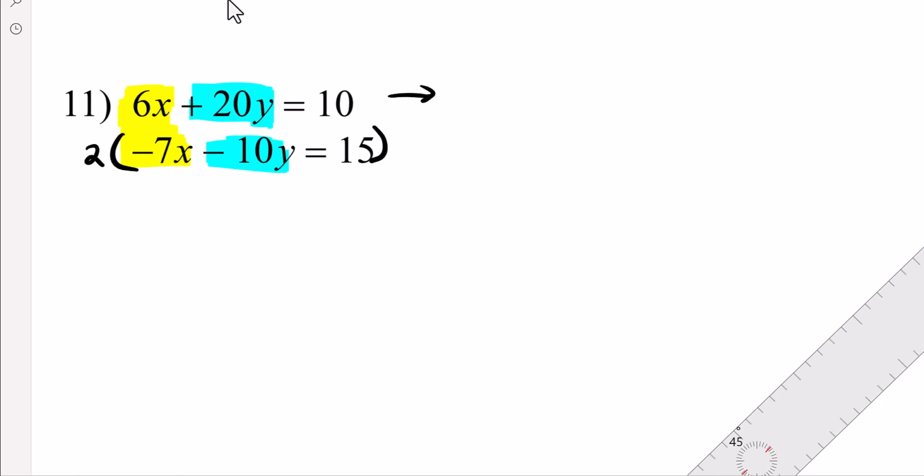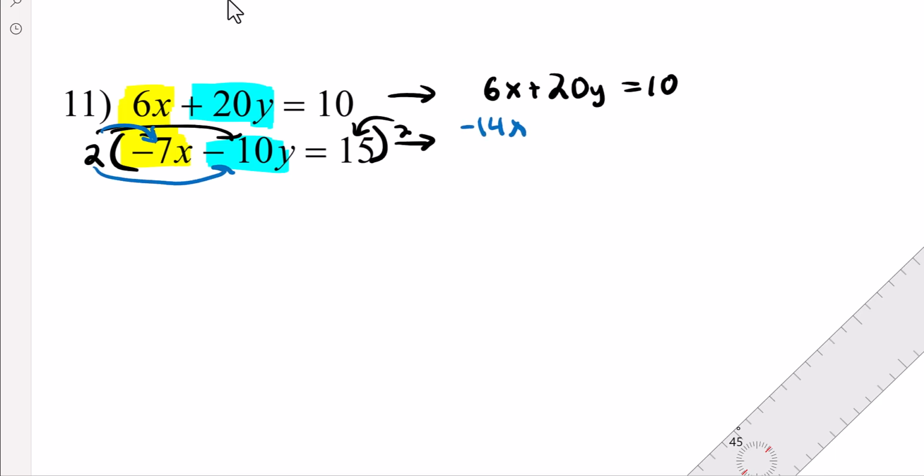So I'm going to move, on this one, I'm going to do the distributive. The top one, I'm going to keep the same. So 6x plus 20y is equal to 10. 2 times -7x is -14x. 2 times -10y is -20y. 2 times 15 is 30. And now look at,